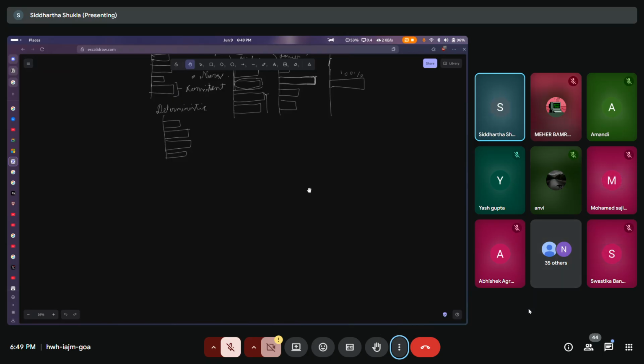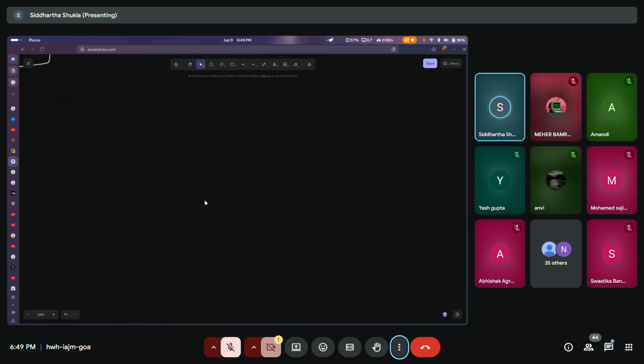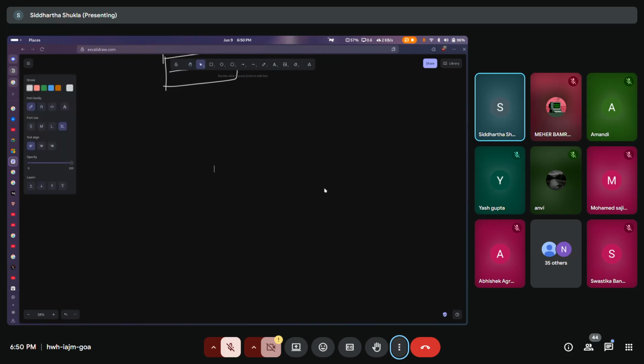If I just type a quick sentence, wait, let me zoom in over here. Understanding tokenization is